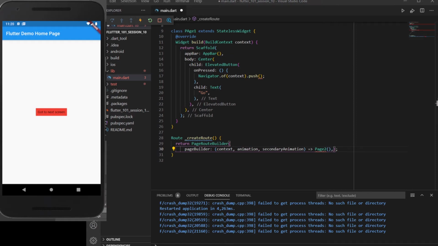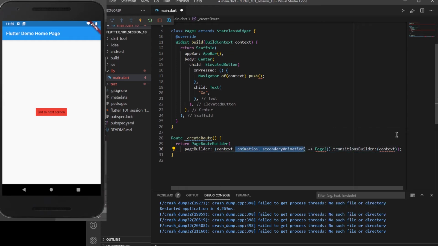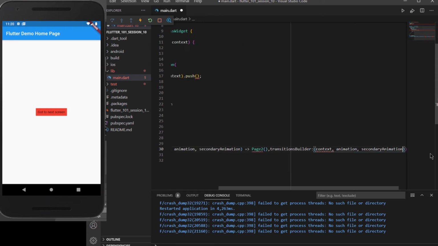It will take a context, animation, secondaryAnimation, and a child, and here it will return that child which we have passed inside it.